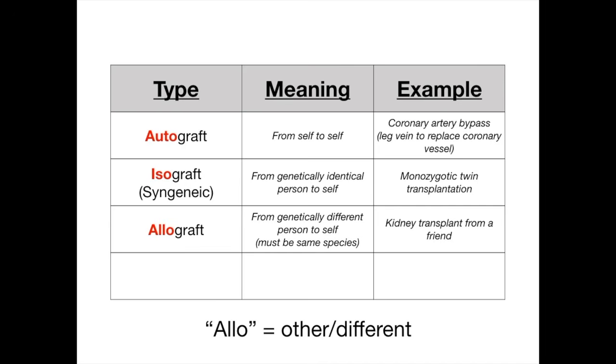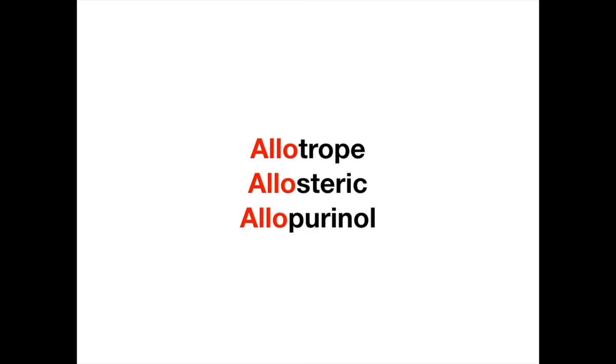So allograft means other graft. It's a graft that comes from an other in your same species, okay? Allo means other. So let's look at some examples of words with that prefix to help you remember this. The coolest one here is allopurinol. You all know that allopurinol is a drug. But if you really think about what that drug is and how it works, assuming that you understand the mechanism,